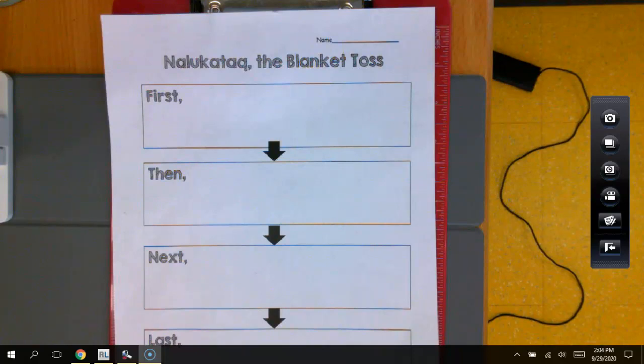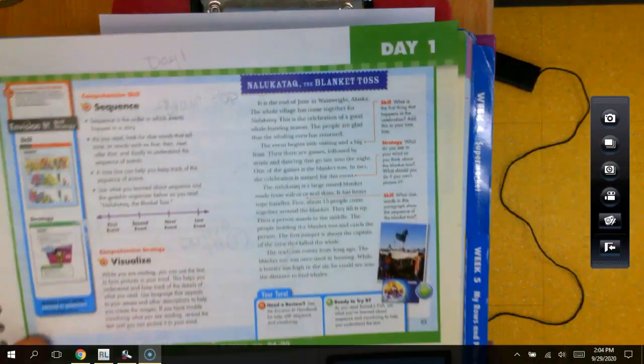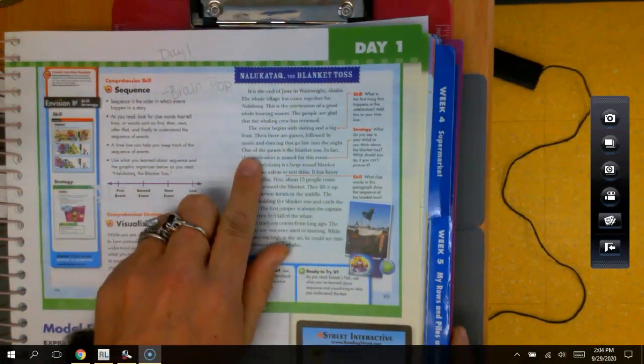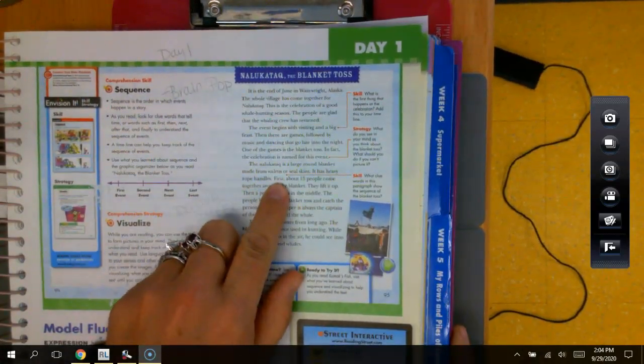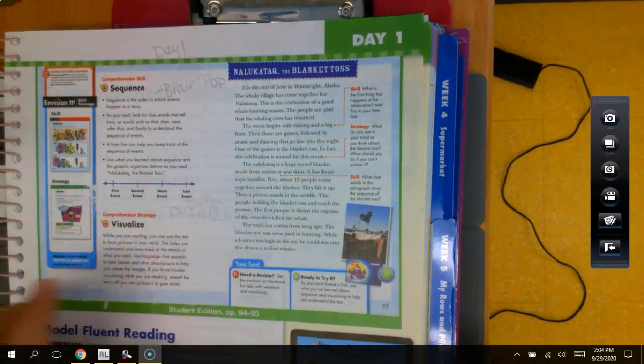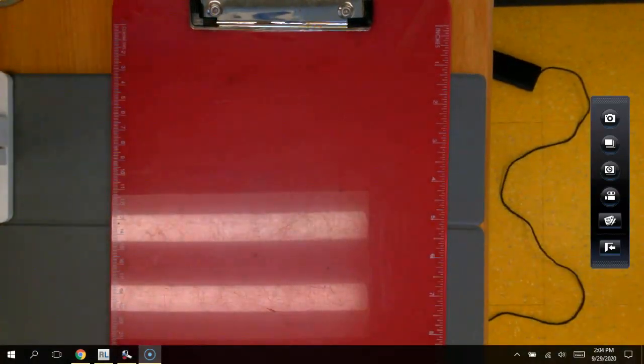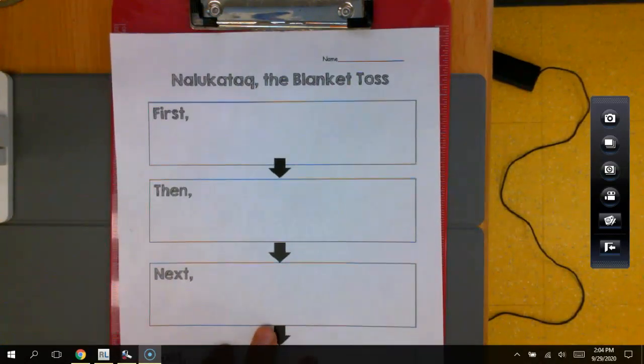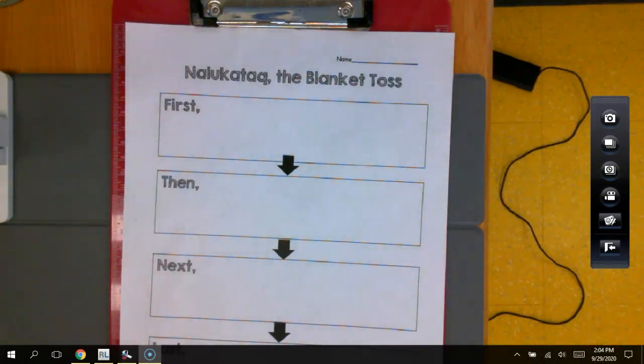If you look on page 95, it does give you clue words as to what happened first. I'm just going to show you right here. It says first, if you can find that clue word. It says first, about 15 people come together around the blanket. So that's the first thing that we need to write. We're going to sequence how to do the blanket toss. So first,